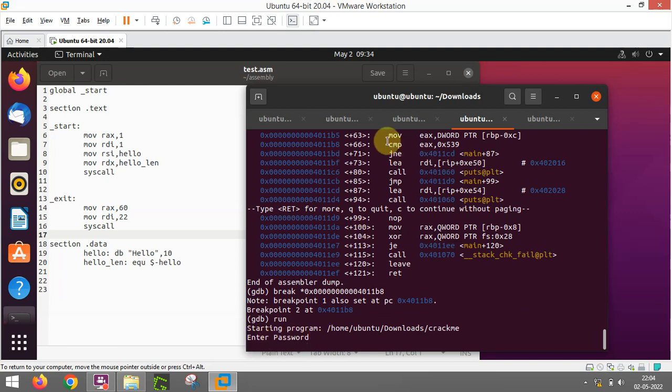Since we placed the breakpoint at this particular memory address, all the instructions above this one are going to get executed, and from here onwards we are going to keep on analyzing it. This is the main purpose of a breakpoint: from here, step by step, we are going to analyze each and every instruction